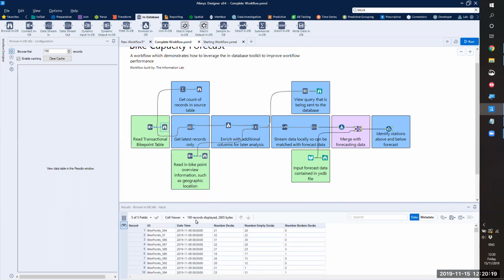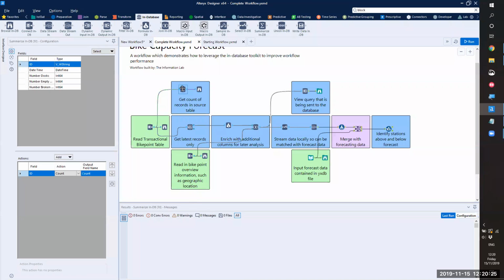So that allows us to see the first 100 records that we can see in the database. But if we want to get a count of all the records in the database, we can have a look at the summarize tool here. Now, unlike